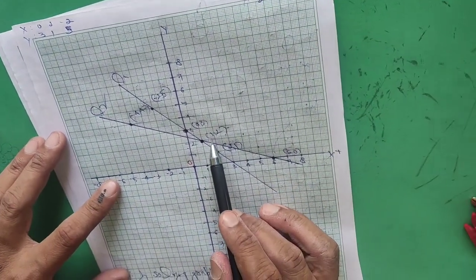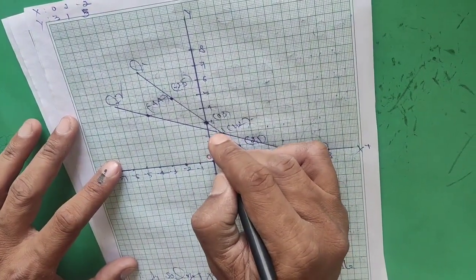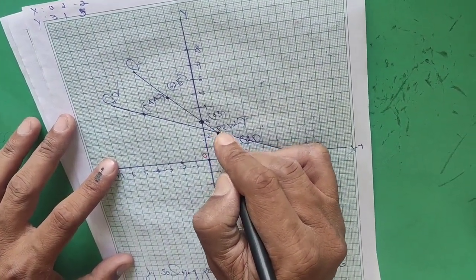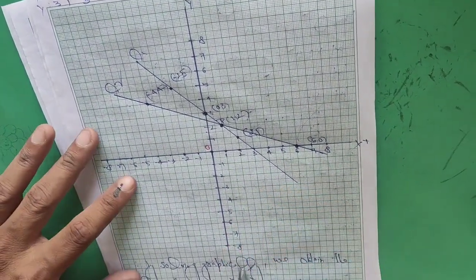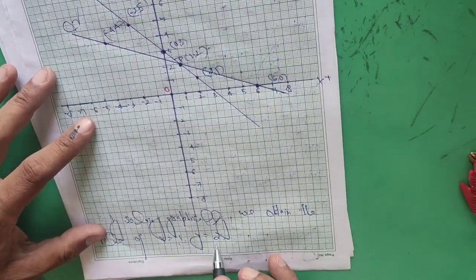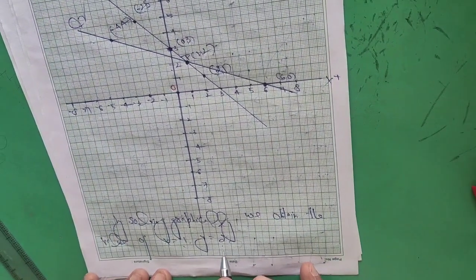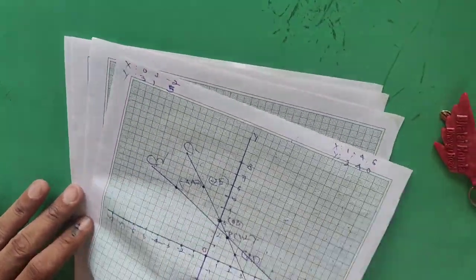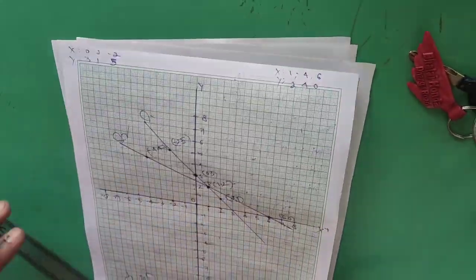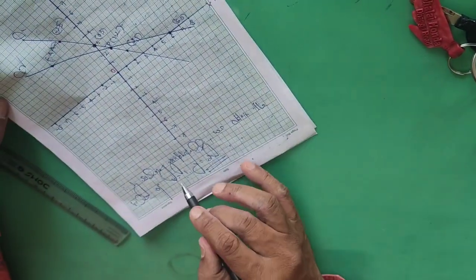So here x is 1, which is also said to be the abscissa of point P, and y is said to be the ordinate of P. So here abscissa is 1 and ordinate is 2, meaning the value of x is 1 and the value of y is 2. Now we solve this question by substitution method as well as elimination method, and we check all the methods. The value of x is 1 and y is 2.